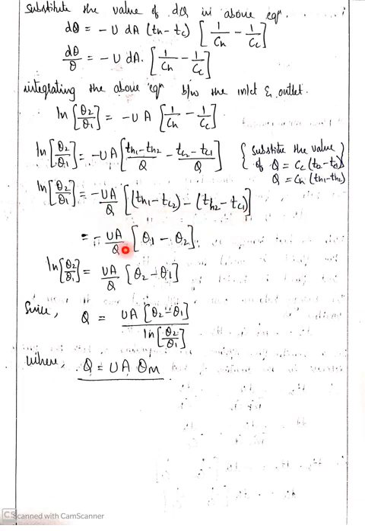Here theta 1 means T_h1 minus T_c2. In the previous parallel flow it was T_h1 minus T_c1, because that was a parallel flow. But in this derivation, this is counterflow, so we have to take T_h1 minus T_c2. This is the inlet temperature difference. Similarly, the outlet temperature difference is theta 2. If you rearrange, you will get the Q value as this. So ultimately, the heat transfer between the two fluids remains the same: Q is equal to UA theta m. This completes the derivation and the differences between parallel flow and counterflow.